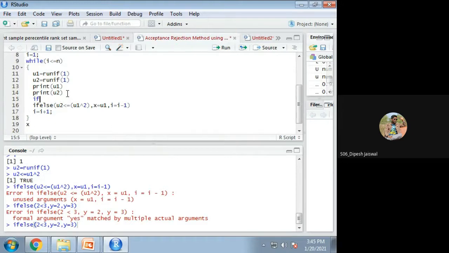Let me try this way. If u1 is then equal to this, it did not do anything.